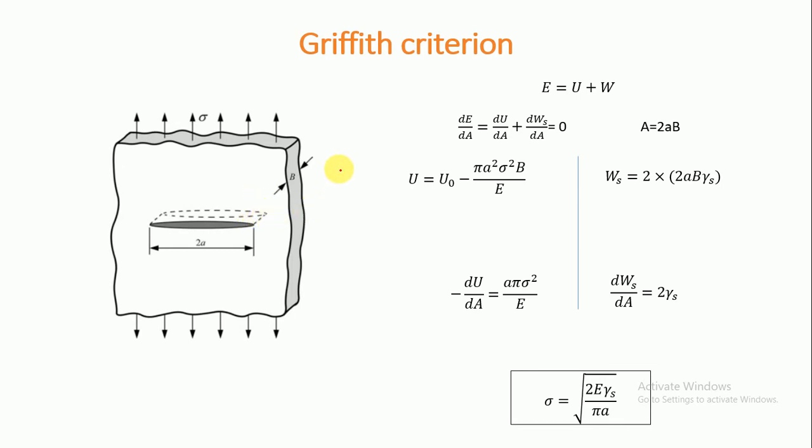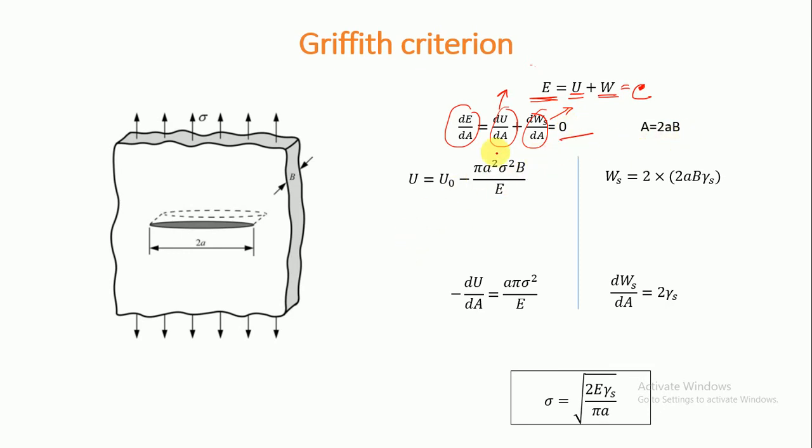If there is no irreversible process, then the total energy can be written, from the first law of thermodynamics, that potential energy and external work done are also constant. So the energy release rate will be 0. That energy release rate means the energy release rate due to potential energy and creation of